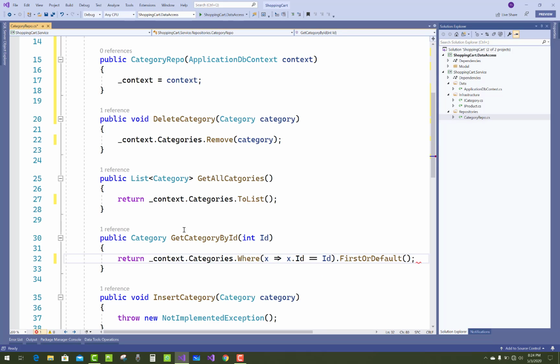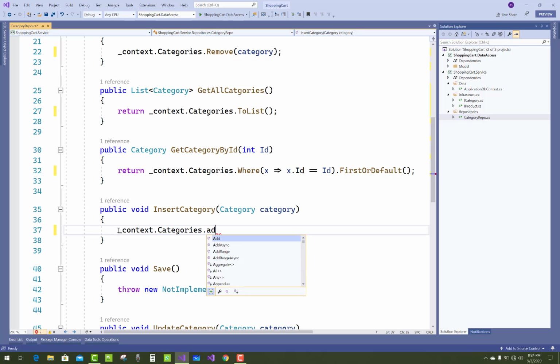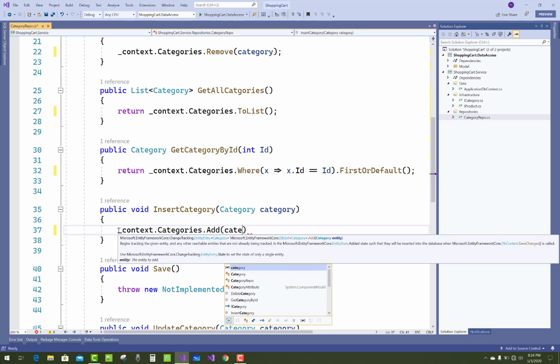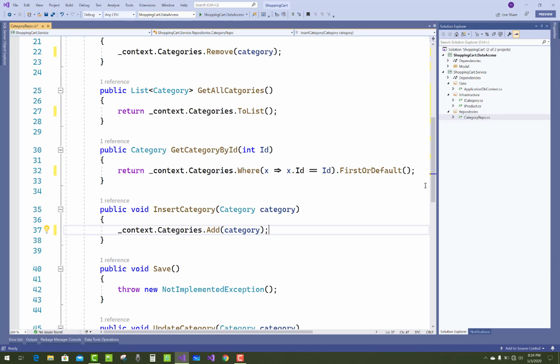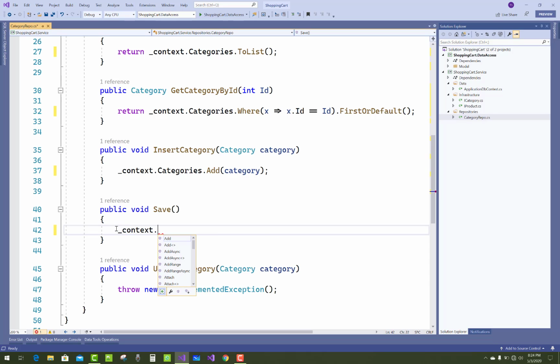Okay, and in the insert category you have to call _context dot categories dot add, and that is the category. I just want to add it. And in the save method you must use context dot save changes.